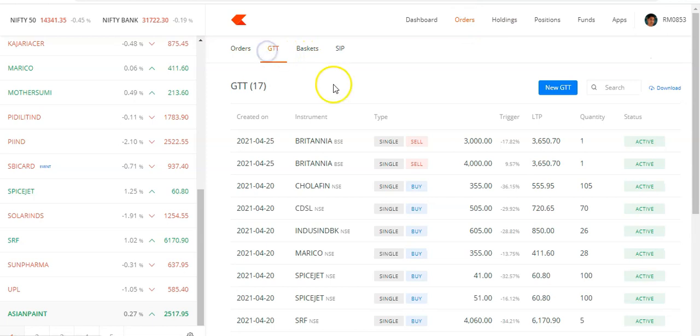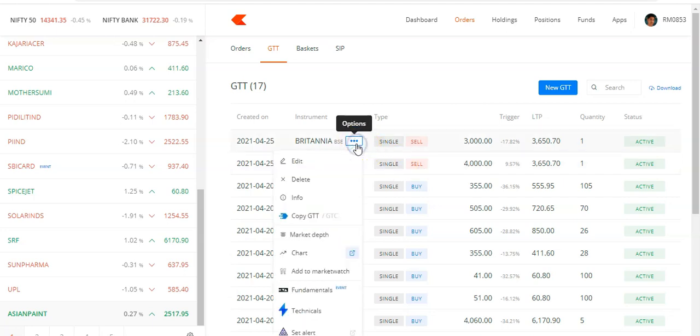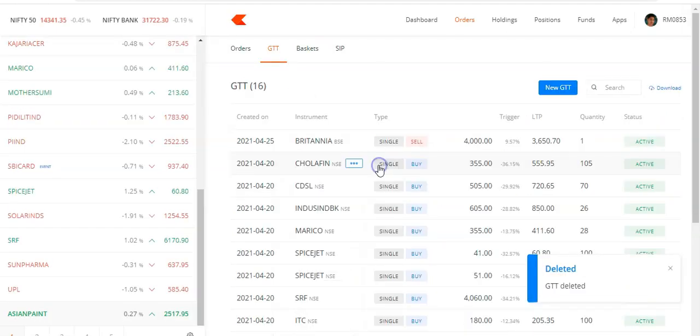Orders, GTT. So we have placed two separate single orders, one for target, one for stop loss. When one of them is hit, the other will still remain in the system, which you don't want, because you no more have the stock. Say target is hit, you exited at 4000 and the price falls to 3000, your GTT will place a sell order which will eventually fail because you don't have the stock in your holdings. So to avoid this, I'm going to delete this.